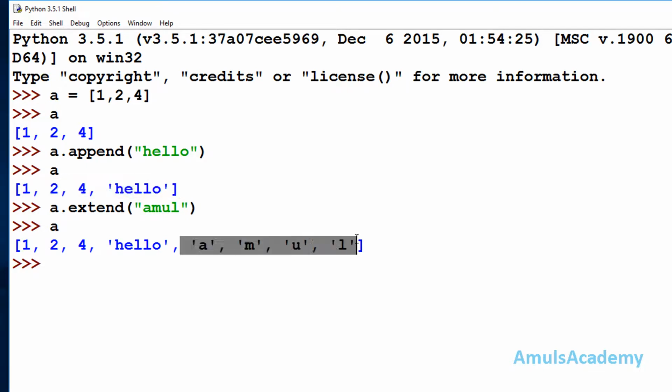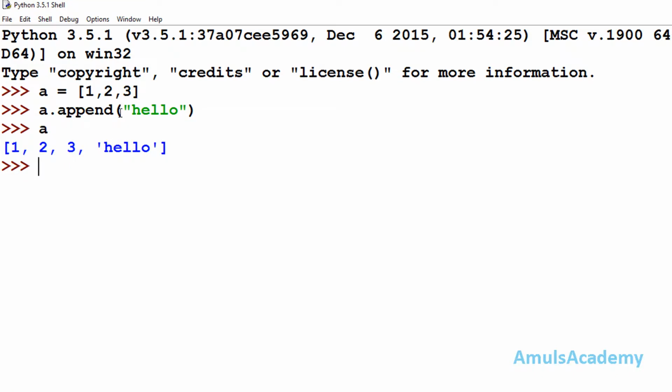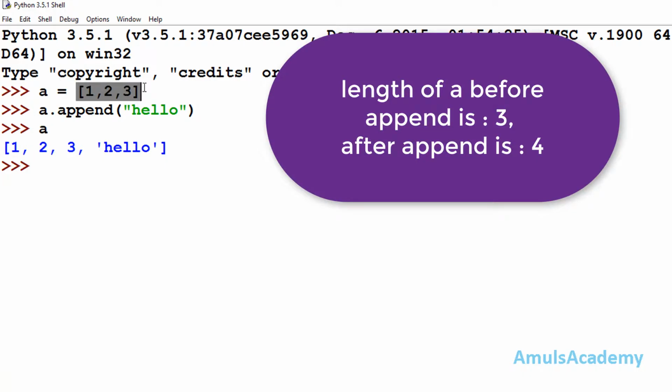In the extend method, length will be incremented based on how many elements are present in the iterable. If you want to check, you can check the length of A, and here we can see 4.